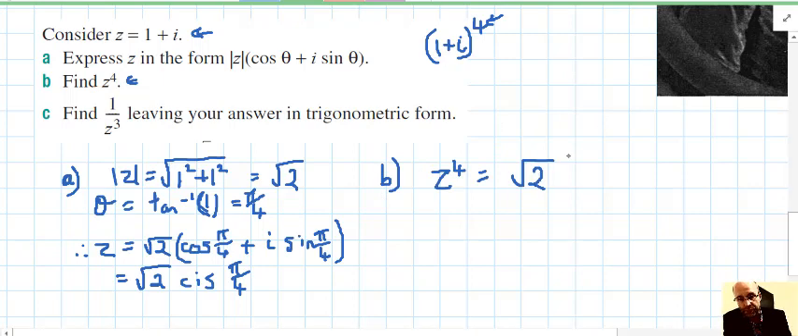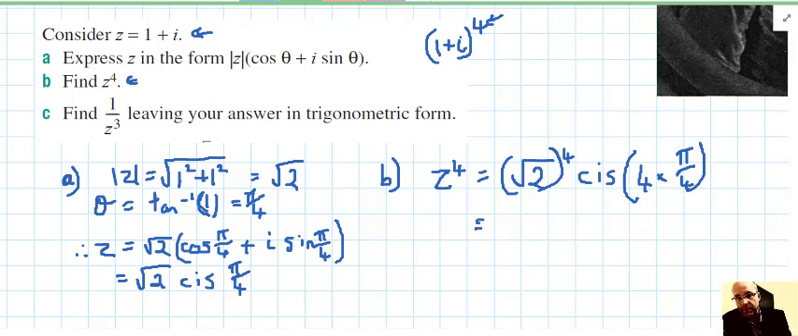So z to the 4 would be root 2 to the power 4 cis 4 times pi on 4. Okay, so that would equal, that's 2 to the half times 4, so that's 2 to the 4 over 2 using index laws, and that'll be cis of pi, so that's 2 squared, which is 4